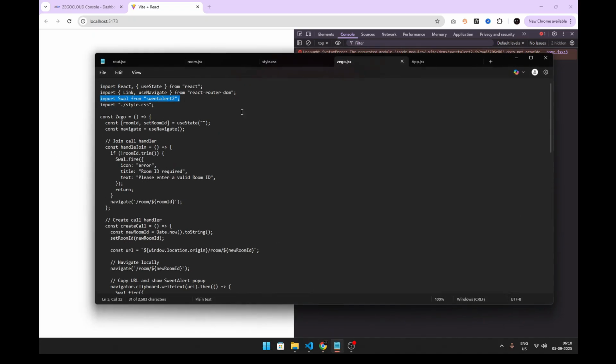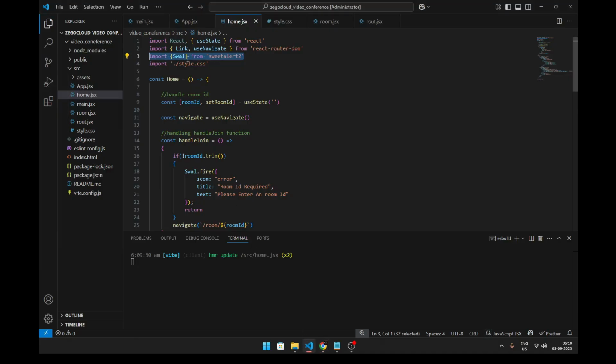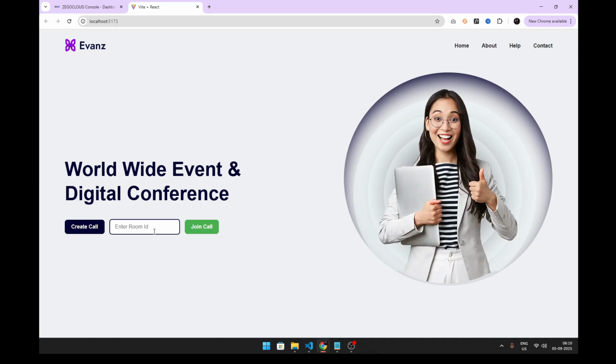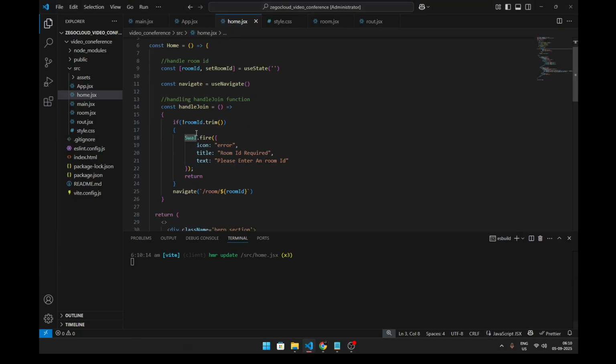Let's check our code. Okay, we have used these curly brackets here, that's why this is passing an error. All good. So whenever the user enters the room ID and clicks the join call button, the user will be redirected to the specific room ID page like this. So we have done this, but